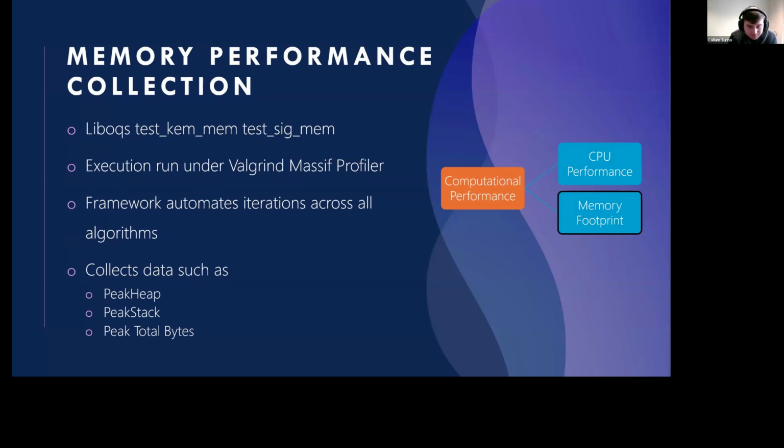We're looking at memory performance, and this uses the libOQS testKEM and testSigMem tools. And basically, you will supply your algorithm and the cryptographic operation you would like to test. It will run this once, and that will finish. What we're then able to do is run that under the Valgrind memory profiling tool, which will capture the peak memory usage during that program's execution. So we're then able to see when we're executing this algorithm and its operation, for example, key generation, exactly how much memory, well, the maximum amount of memory that the program required, which is very useful when we're talking about deploying it within IoT devices that might have kilobytes of RAM.